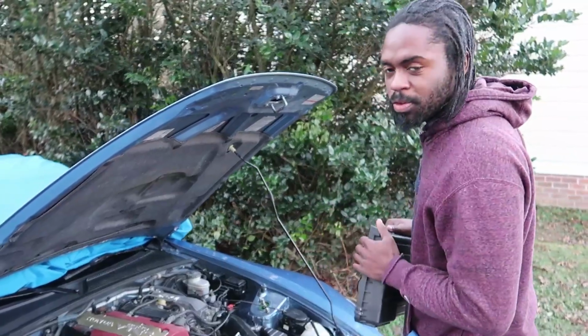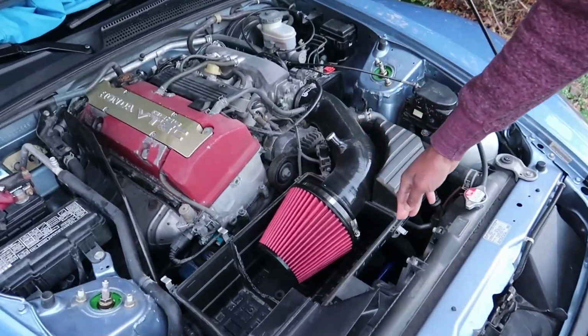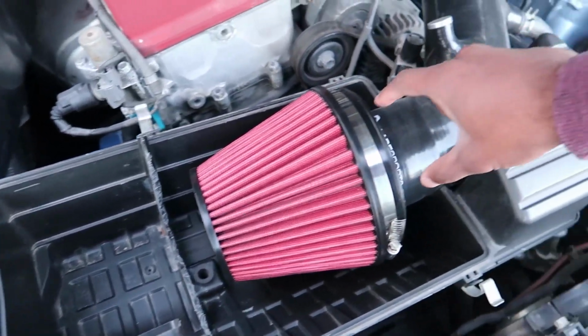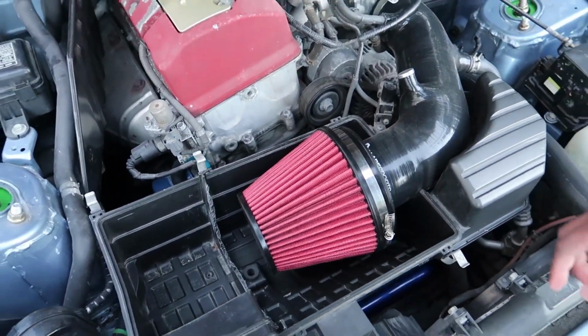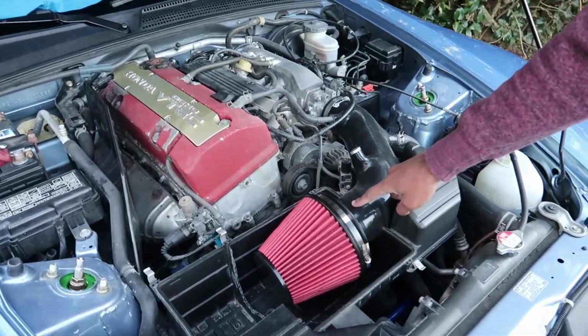Alright, so we gotta talk about the intake. As you can see, I don't have the OEM intake. The OEM intake was white with a green end on it, and the piping had a honeycomb or squared mesh to it. So I went ahead and upgraded to just this, but somehow I ended up getting this whole thing from